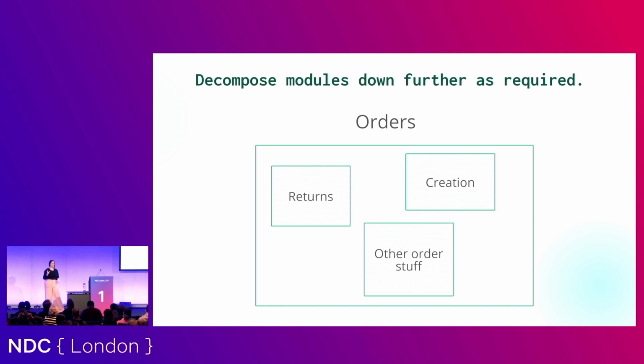Now, you can further subdivide those modules or those areas of cohesion as you go along, and then you've got all the different things that make up your ordering section. Now, these can be modules in their own right. You could have them encapsulated in another one, so everything else thinks it's one module. There are different ways that you can approach it, and that's your own decision with your team on what suits you. But you can start to take these large areas and decompose them further.